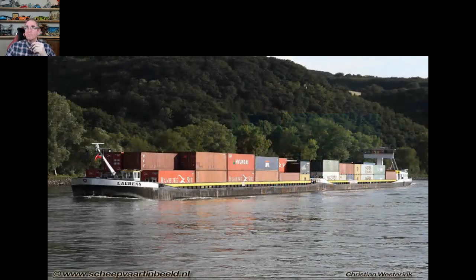And why this is interesting for me is because I actually worked on this ship before. Before I was in IT, I was working as a deckhand on this ship. What this ship does, as you can see, it's a container ship, and we went from Rotterdam to Basel in Switzerland. The AZT was one of the big container terminals where we would pick up a lot of these containers. So I knew the AZT from the perspective of a deckhand, working with these containers on the ship.